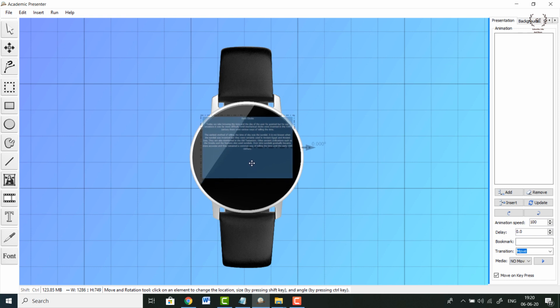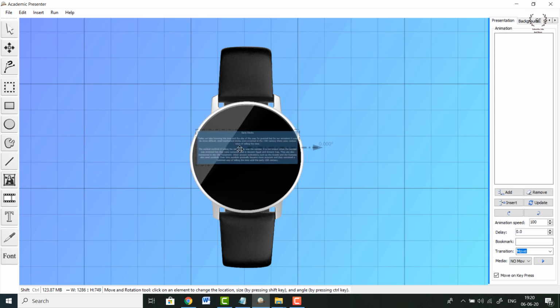So what exactly I can do is, now the rectangle is pretty big, but I don't want it to be this much big. What I can do is I can select the rectangle, press the shift button. You can see when I press the shift button, the icon shape changes, right? You can see it once again. So now what I can do is, while keeping the shift pressed, I can move the mouse with a left click pressed, either left or right, up or down. Using this, I can reshape my text box. Now the text box is reshaped. I can move it around. I can again reduce the size from here and place it inside the watch. So this is how I can create a text box inside the watch.